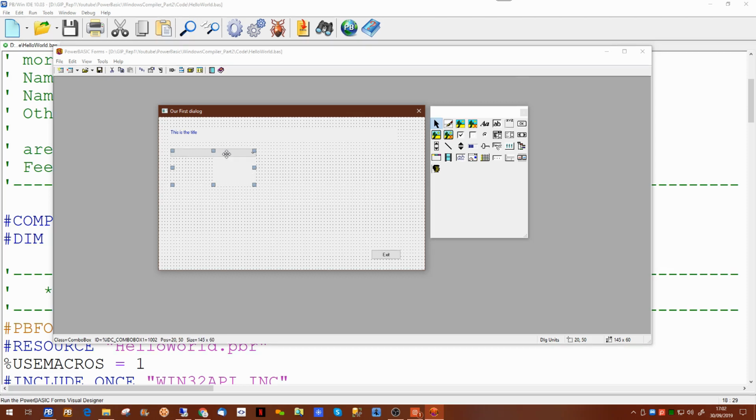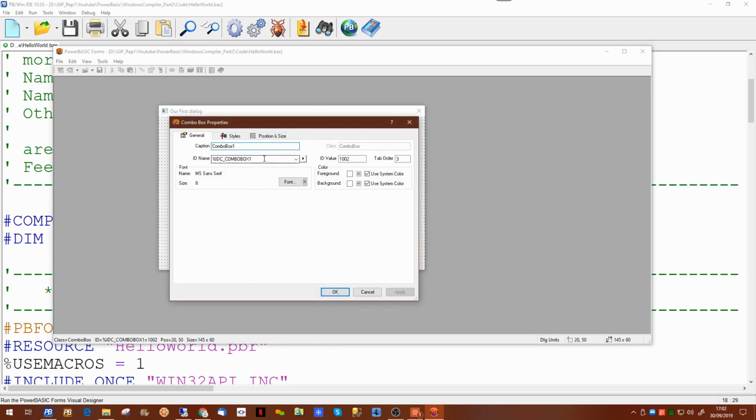Now, simply double clicking on the combo box lets us set some properties. First thing we'll do is we'll give it a name. CBO for combo box, and we are going to be reading data we've created in a previous video. So what we're going to do is we're going to call this one iColor. And since it's a combo box, it doesn't actually need a caption. Now we OK on that,